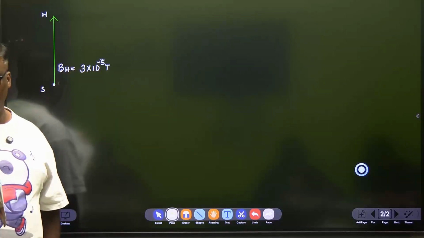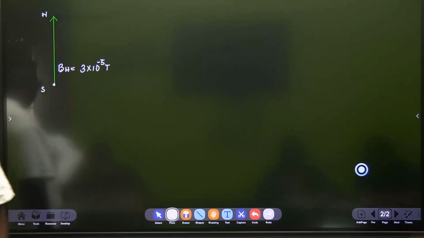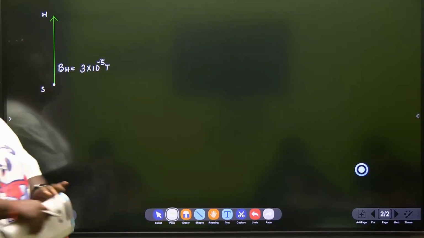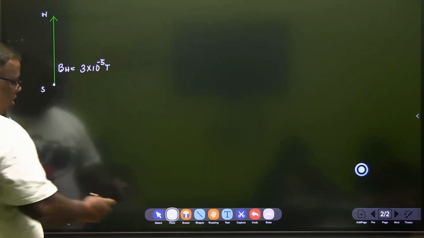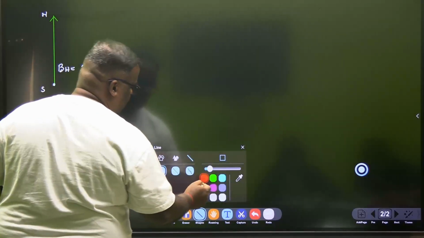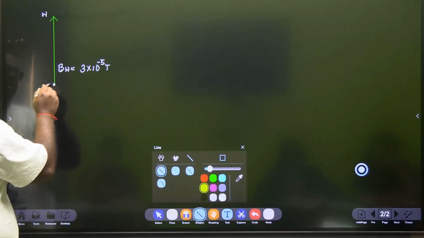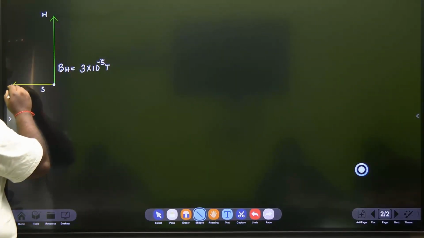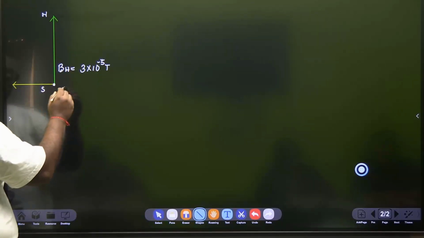Carrying a steady current of 1 ampere. What is the force per unit length when it is placed on a horizontal table and the direction of the current is from east to west? That means the current's direction is from east to west. So your current is in this direction. Okay. The current is pointing from